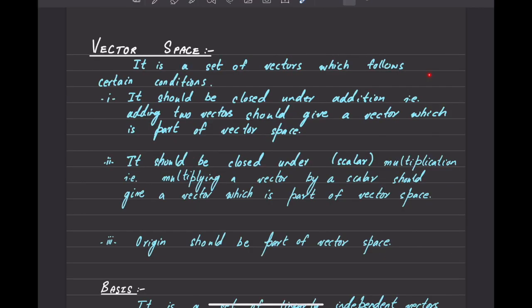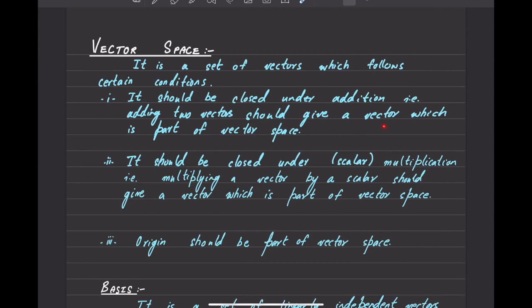Okay, guys, so this video is about an introduction towards the vector space. Vector space is basically a set of vectors which should follow a certain set of conditions. All the vectors which are part of the vector space should be closed under addition, which means that if you add two or more vectors, the answer you would get as a vector should also be part of that vector